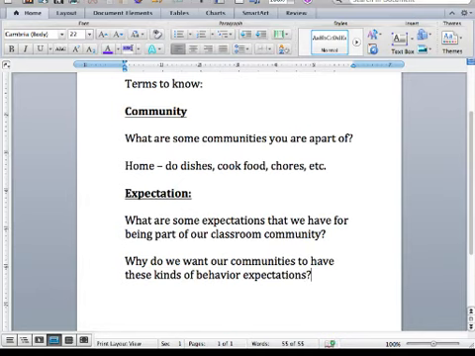So what I really want you to do is reflect upon how expectations let us know how to interact, how to work, and how to get along with one another. Without guidelines like these, people might find it difficult to be part of a community. That's what I'm trying to get at. Does that make sense? Let me say that again. I want you to reflect on how expectations let us know how we're supposed to interact, work, and get along with each other.